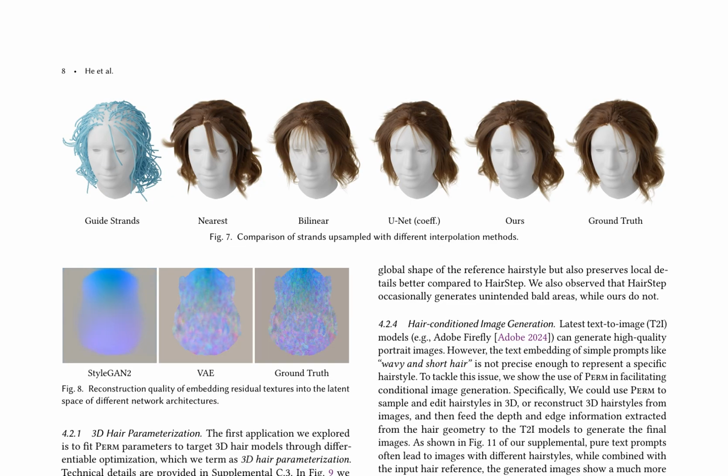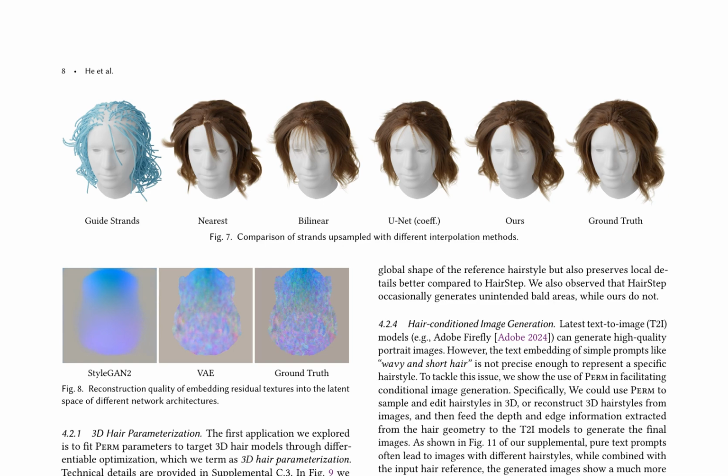In 3D hair parameterization, they fit Perm parameters to target 3D hair models through differentiable optimization. In hairstyle interpolation, they introduce separate parameters to control global hair shape and local strand details, allowing for editing hairstyles with varying granularity. In single-view hair reconstruction, they optimize Perm parameters to minimize the energy of generated hair when projected